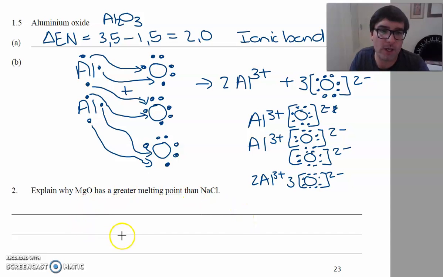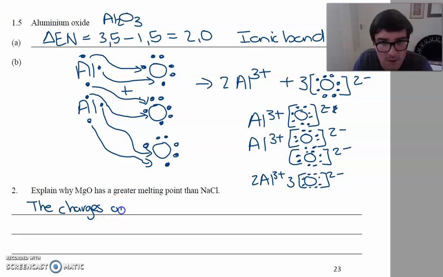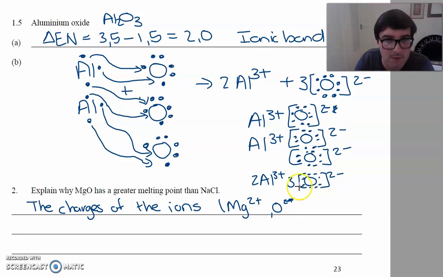Okay, final question. Question 2 says explain why magnesium oxide has a greater melting point than sodium chloride. So like I explained earlier, the charges of the ions Mg2 plus and O2 minus, let's just make sure you know that's a minus, so that it doesn't look like a plus, versus Na plus and Cl minus, is greater